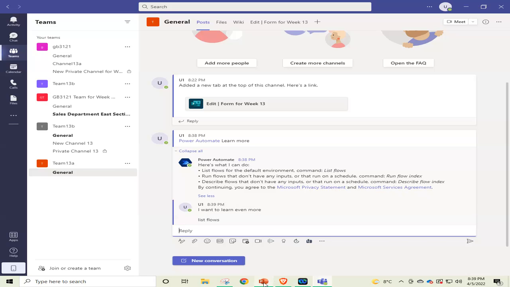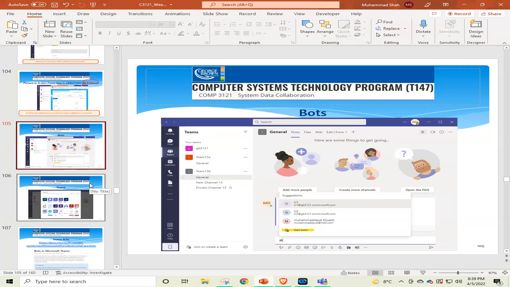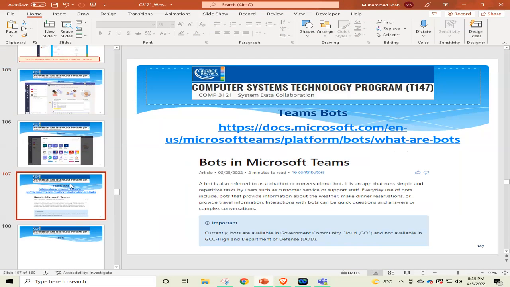So if we want to make a picture of this one, we have a lot of information on this page and related pages. This is only a 2 minute read, and it is very recent. See, on 3/28 2022 this was updated, so it's not an old topic.